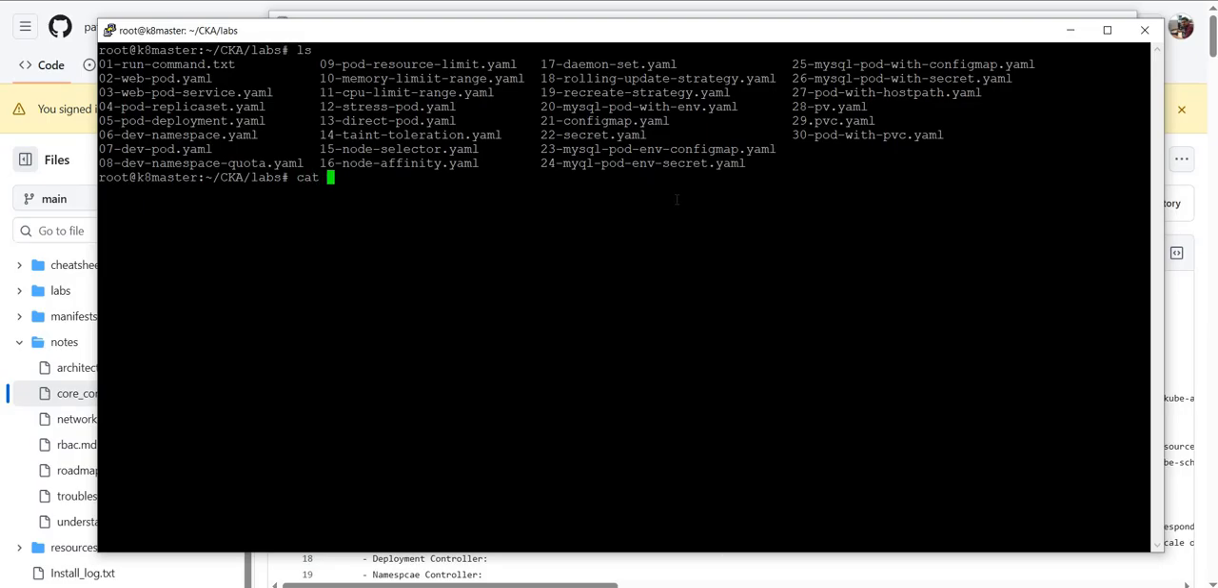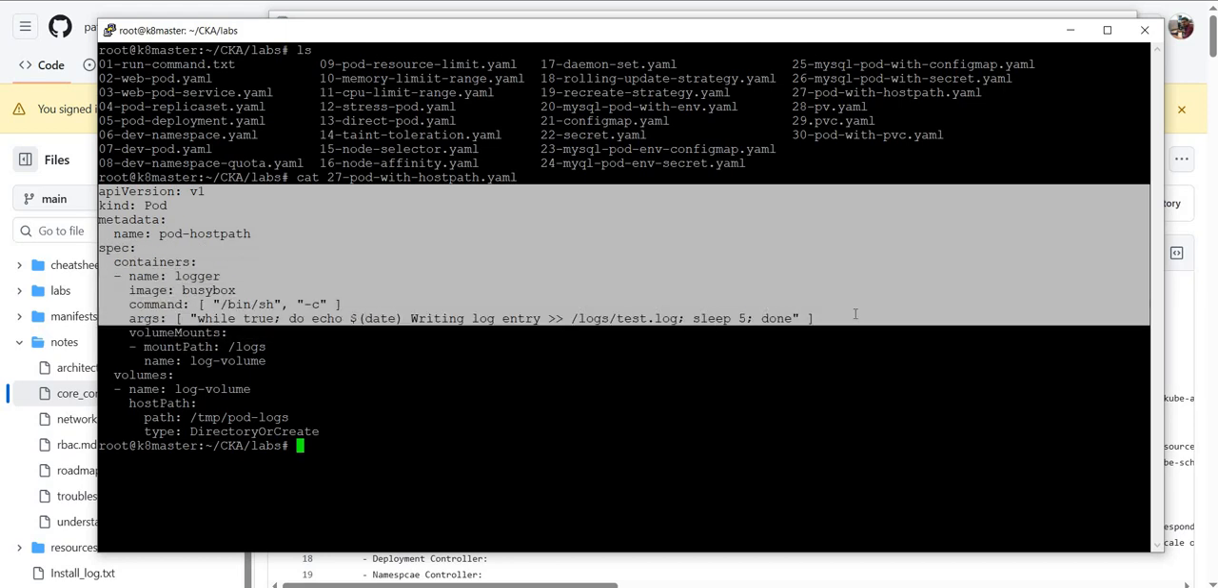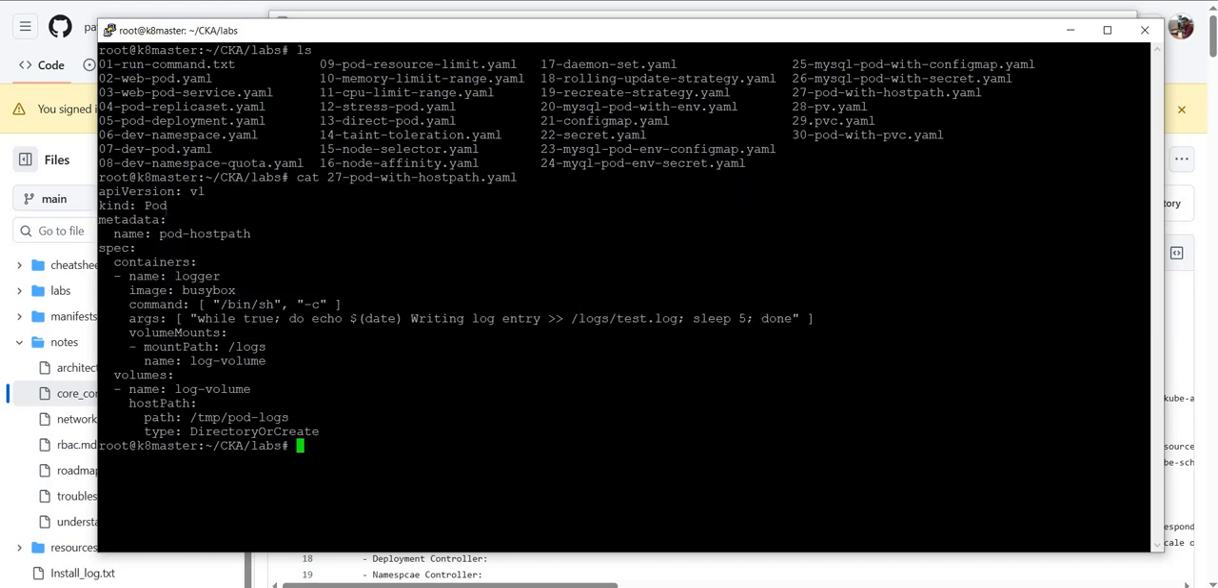So let's see what we have in 27 number. For me, it looks like a simple pod definition file, right? Where we are just creating a pod as a declarative approach. I'm just giving some name to my pod. I am running one container inside that pod and that name is logger. I'm using a busybox image, and within that